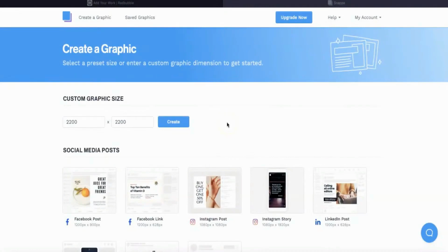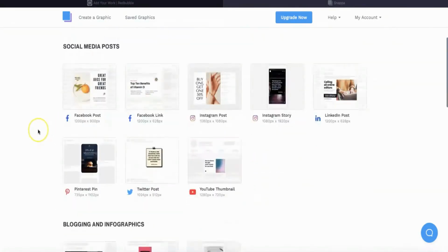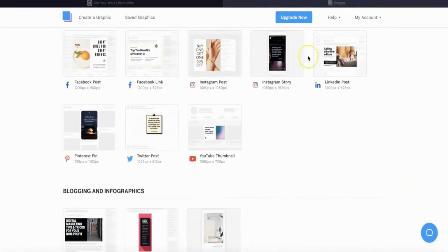Once you have signed into your account, then it will look like this and you're ready to start creating designs using SNAPPA design templates. And over here you can see that you can start creating social media posts such as Instagram stories and Facebook posts. But if you don't find the template design on SNAPPA to sell on Redbubble, then you can also create the design from scratch,